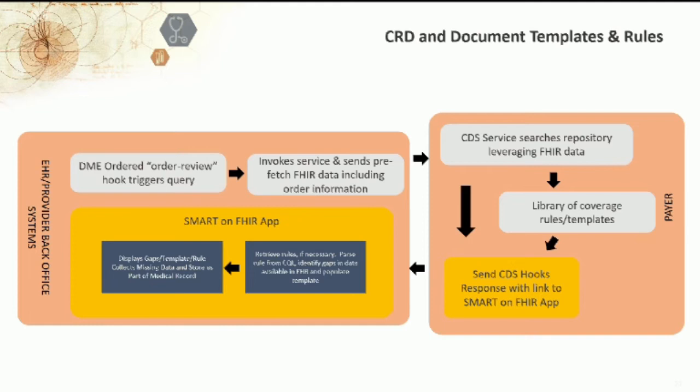So this is just a diagram of the ordering. You do an order review, which initiates a CDS service. You would have a library of items that have been predefined in terms of the data requirements. You return that as a CQL and a questionnaire resource, and then the user completes it. And the idea is once they complete that interaction, they could save it if this is where you stop, and it gets ideally written back into the EHR as a document reference or some record of that interaction that you